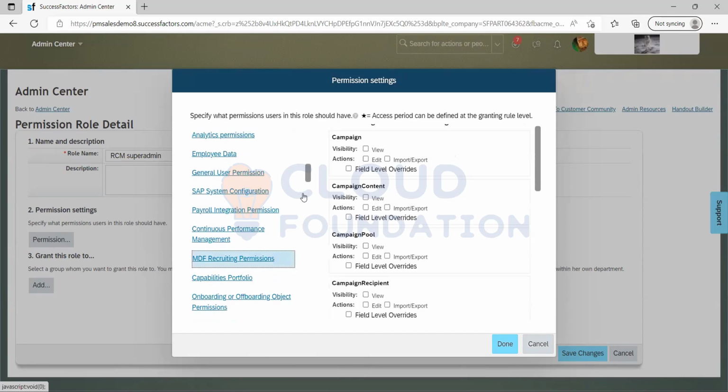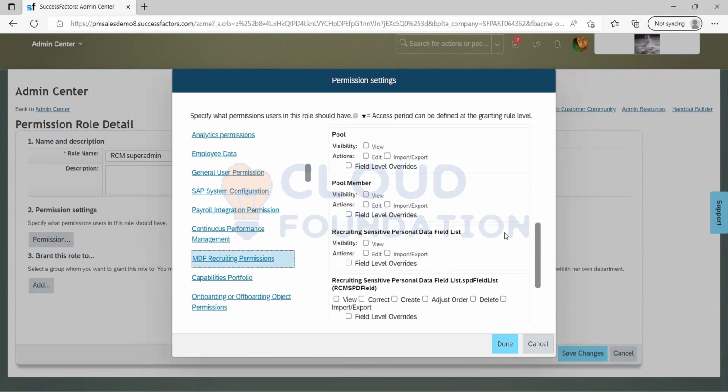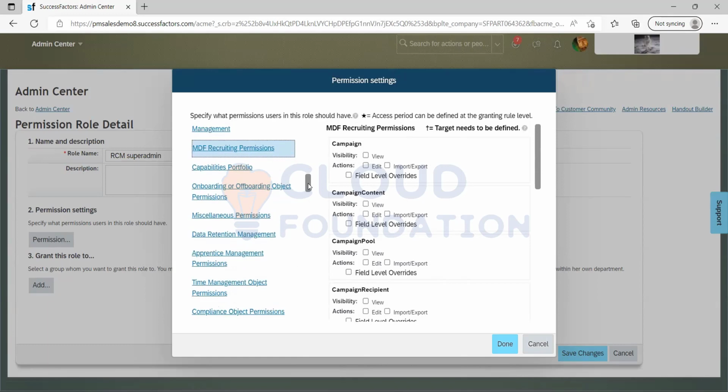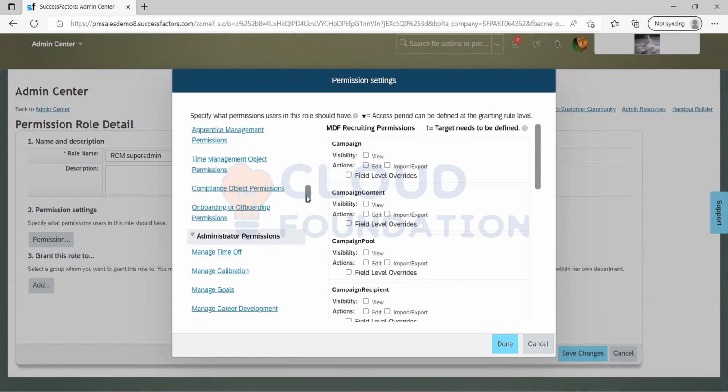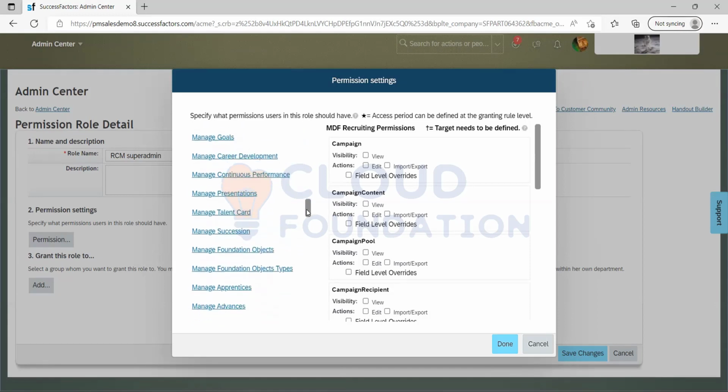MDF recruiting permissions. Here also, wherever you see recruiting, you just enable everything related to recruiting so that you don't miss anything in the system as a super admin. Since you've already given everything for user access, now I will go to